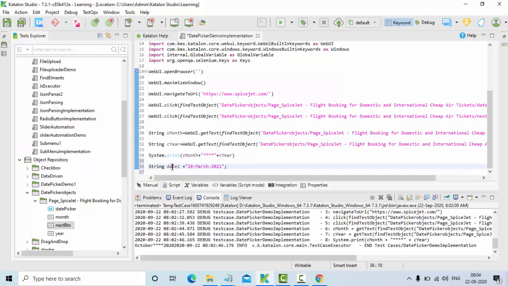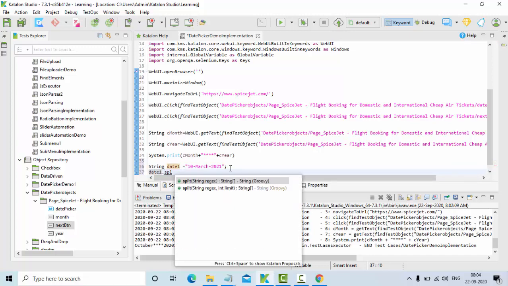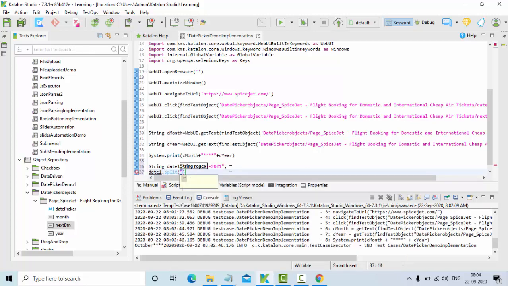For that, I am using the split concept here. So I'll split date 1 based on the hyphen symbol. Here March will be at index 1, 2021 at index 2, 10 at index 0. So string c date is equal to it at index 0.